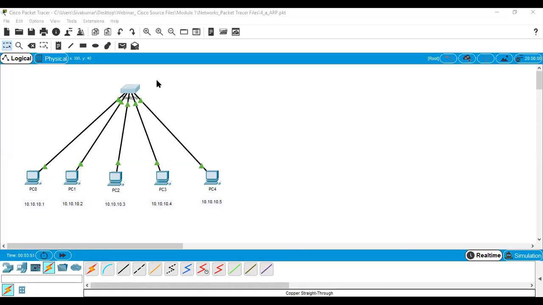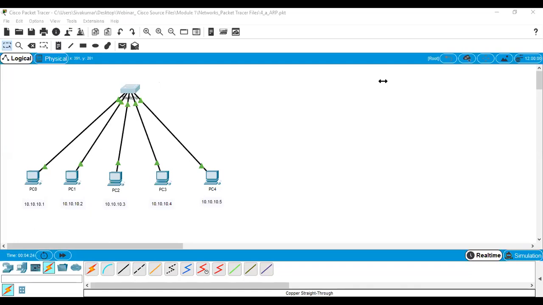Here you see the VLAN, the MAC addresses, and the type of ports connected. FA0 means Fast Ethernet. First one is port 1, meaning the first system, 4 means the fourth system, 3 means the fifth system. In this manner they are connected. The second system is not showing because it was not connected to the second port. Depending on your IP address, the ARP protocol is used to generate the MAC address.